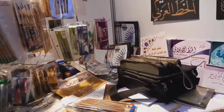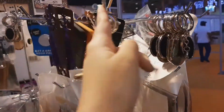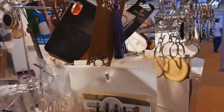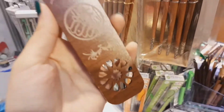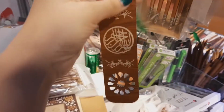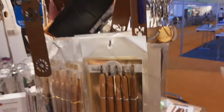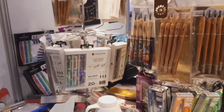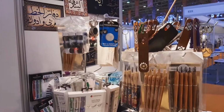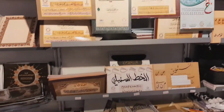They all traveled all the way from Kuwait, so they had a lot of options like keychains. They had a bookmark for Quran. They did the calligraphy on the phone cover also, and they also wrote a special name on the bookmark for Quran. And they had a lot of other items also, like they had books for calligraphy, pens for calligraphy, ink for calligraphy, tracing papers for calligraphy, they had colors, they had varnishing papers, they had cutters. So I think this whole stall, as you can see, is amazing,